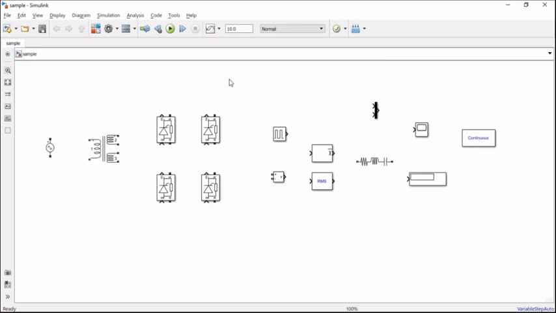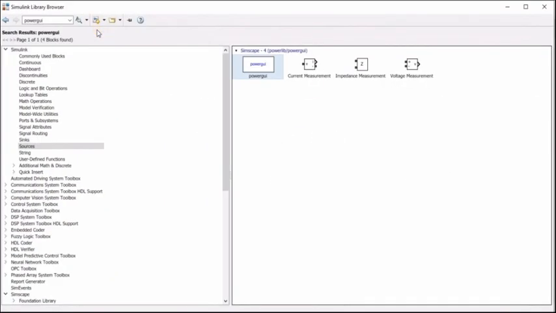So now let's see how to select the components. We need to click the library browser. Here we can get all the components that we need. For selecting the AC voltage source, either we can type in the search box and select the components, or we can go directly